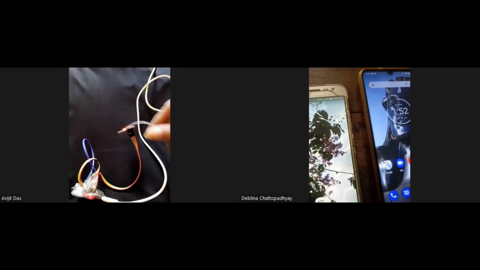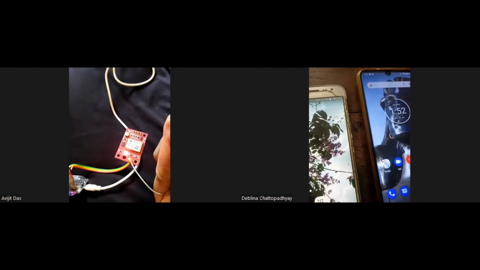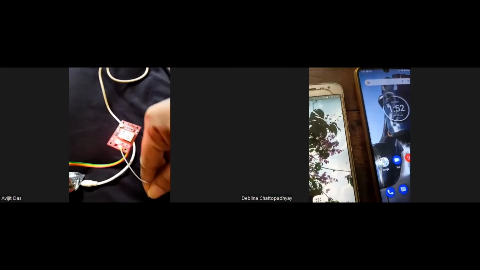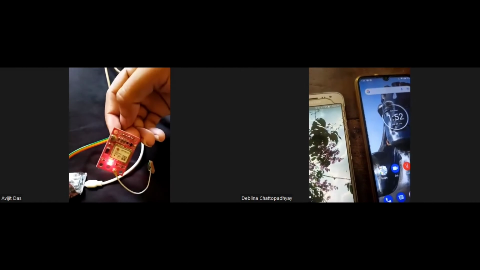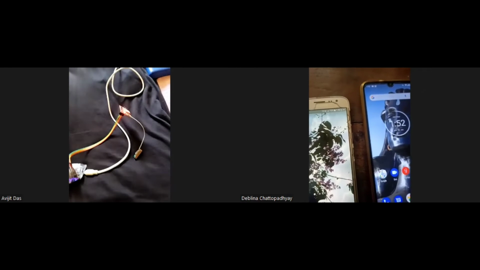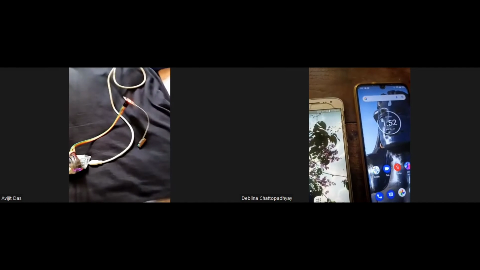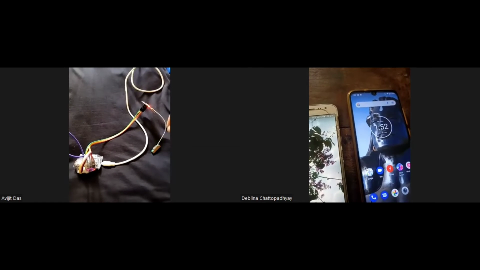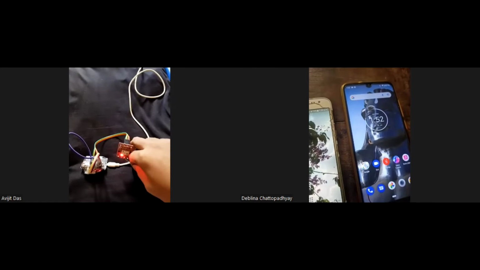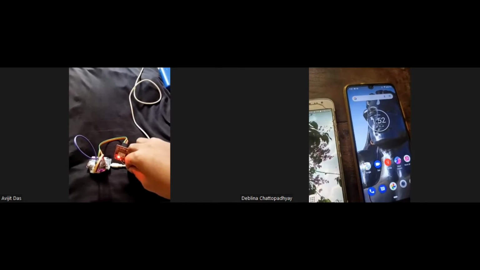And here is the GPS module. So it's basically connected to the satellites. That's why it's blinking here as well. Yeah, so that indicates that it is connected to the satellites and it's acquiring the data properly, the latitudinal and longitudinal data. So what I'll do here, I'll try to emulate the action of an accident by